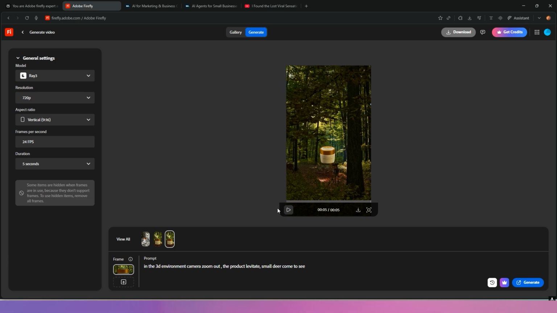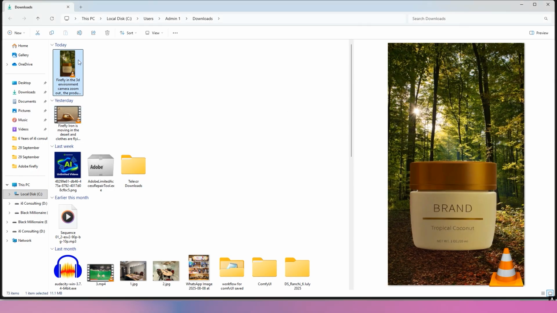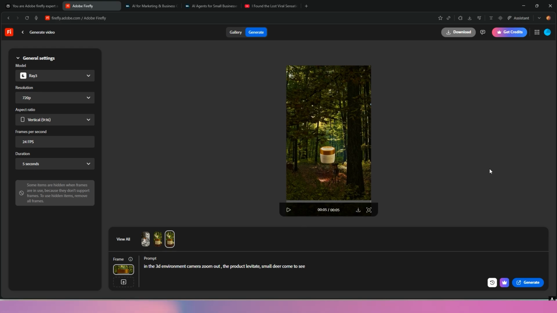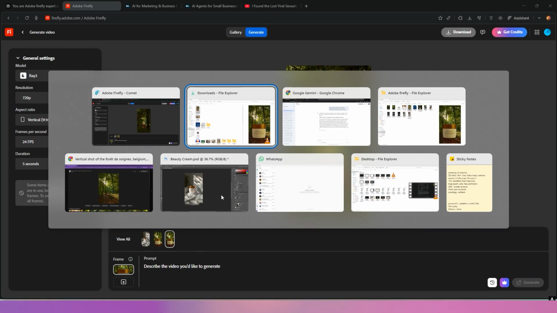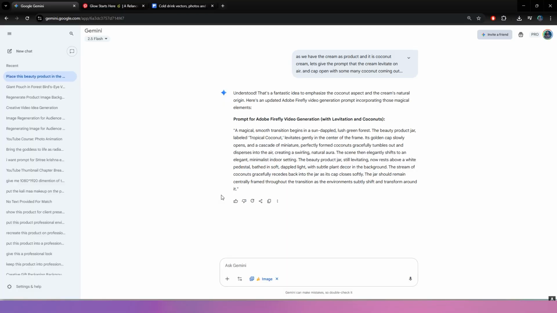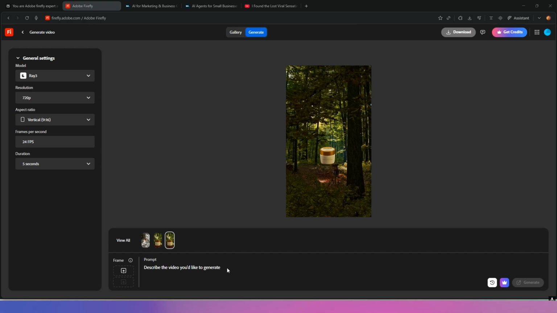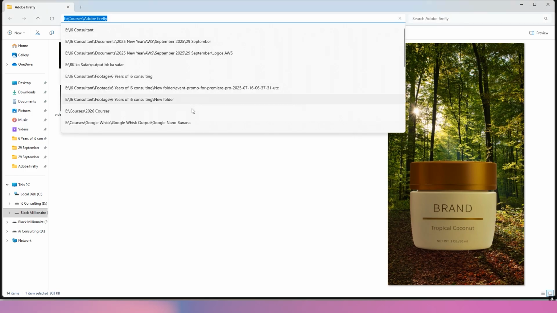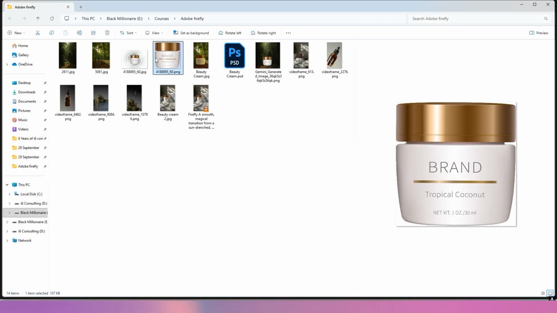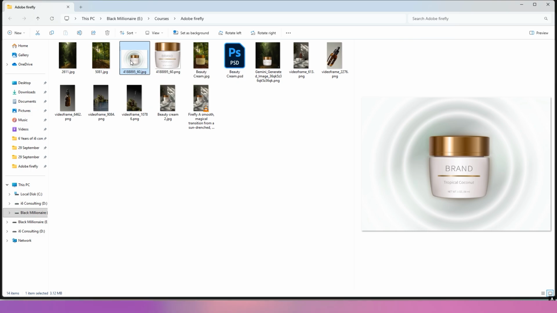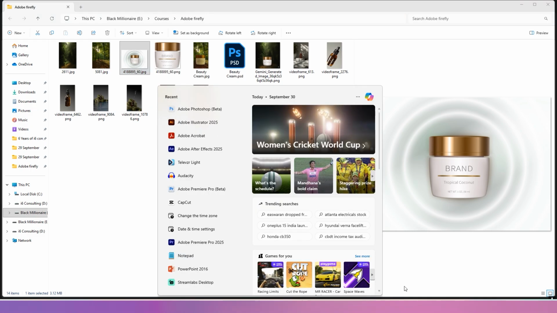I like this result. This result is really much aligned to my vision. So now let's understand this, that the Gemini prompt is not that good. We have to think of a better way and give a specific instruction to these images. Now let's create another image with the brand example. Let's try to add this one and use it in Photoshop.